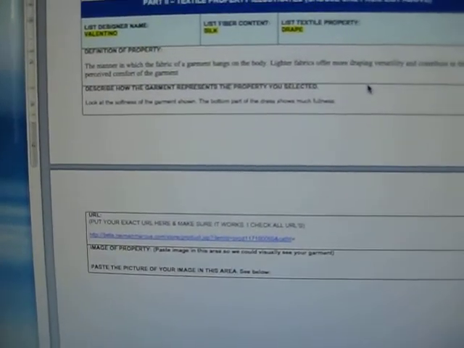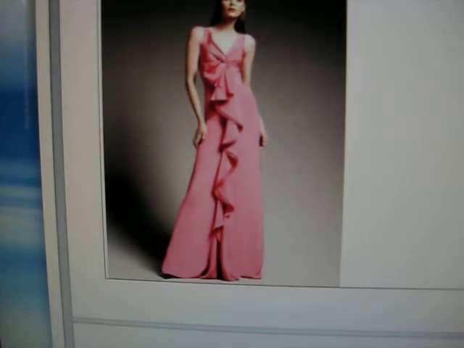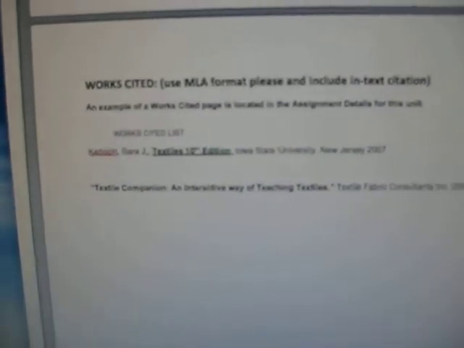The only other thing that you have to make sure you have is, of course, your in-text citation, like I showed you up here. And of course, at the bottom of any work you do, always list the works cited. See, I put in use MLA format, please. An example of a works cited page is in your assignment details as